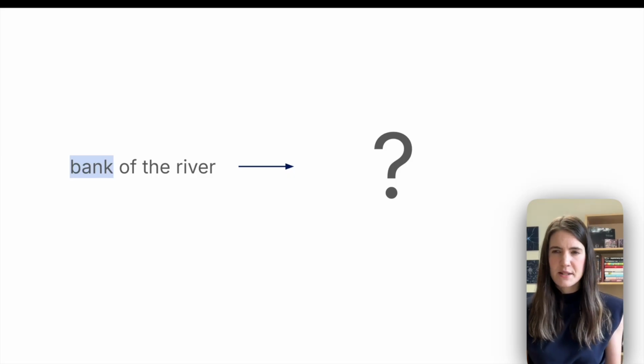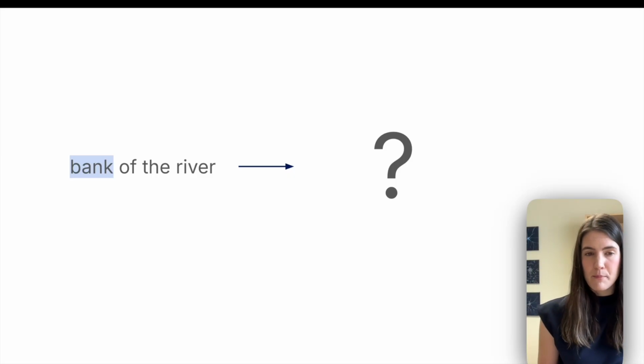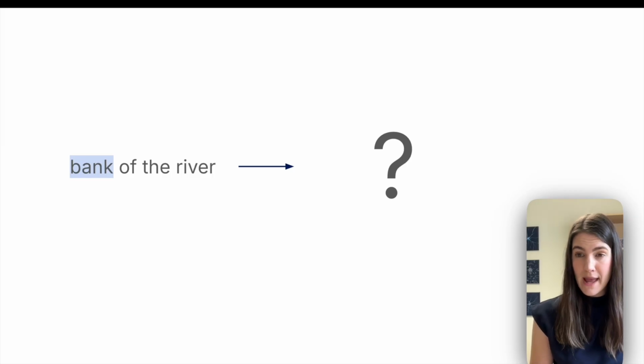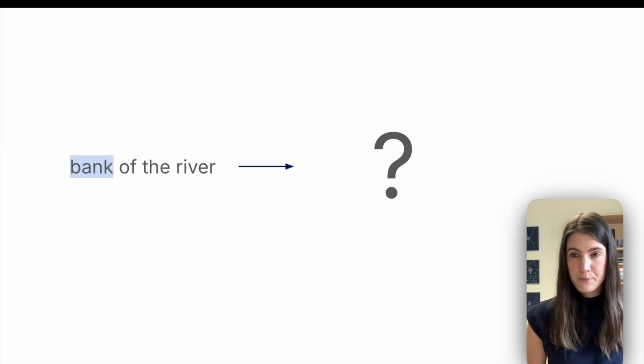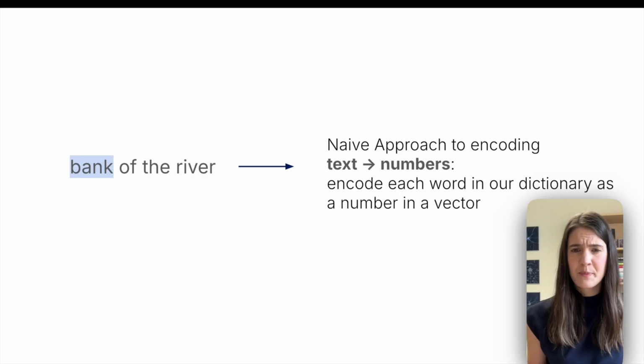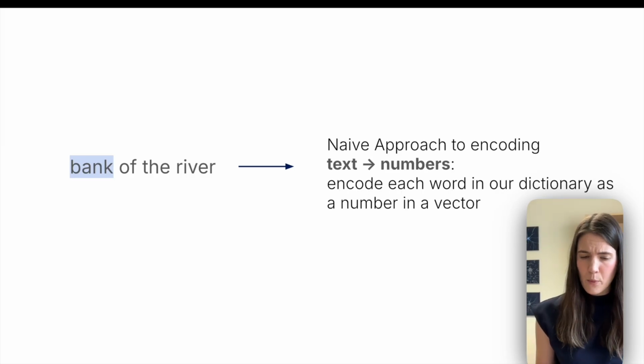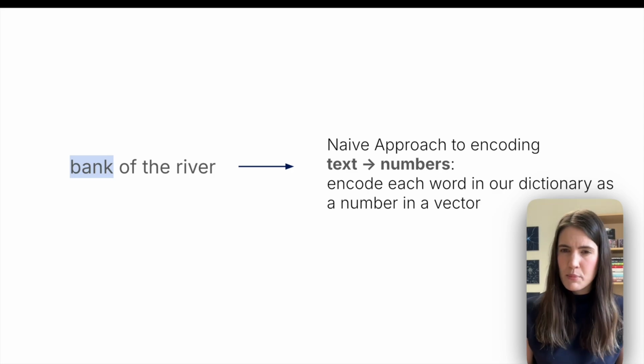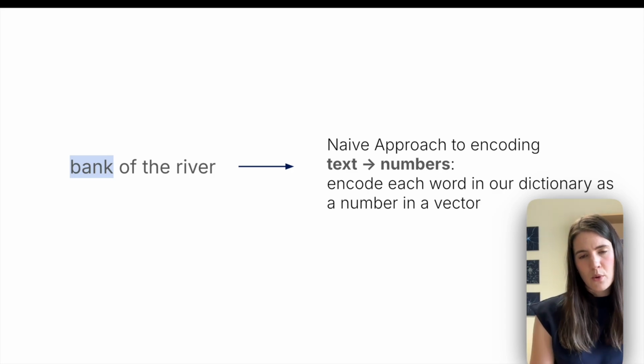All right, how about text? Now, text is pretty weird. So let's take, for example, we want to encode the word bank in bank of the river. And ideally, we want some number that represents what bank is. How would we turn this into a number? So you might think, okay, well, maybe a naive approach, a really simple approach here is to encode text as